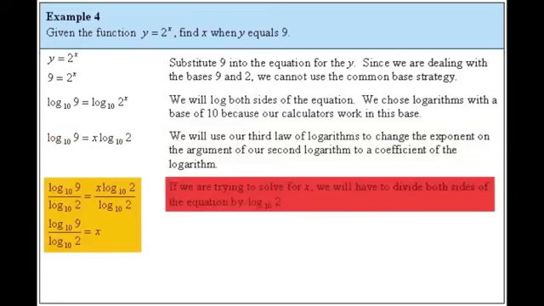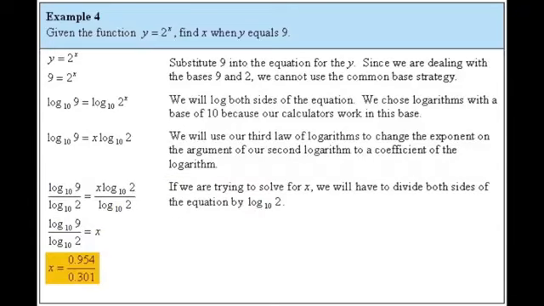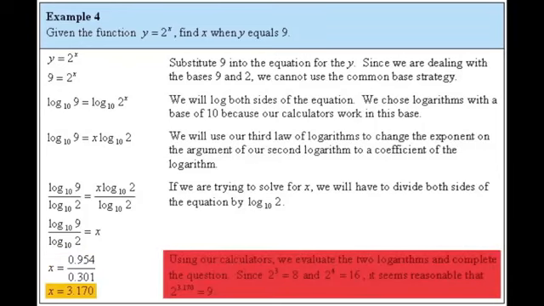So remember, I want to solve for x. So how am I going to do that? I need to isolate that x on the right-hand side of the equation. I can do this by dividing both sides of the equation by log base 10 of 2. When I do so, I find that x is equal to log base 10 of 9 divided by log base 10 of 2. I can now use my calculator to evaluate these two logarithms. The log base 10 of 9 is equal to 0.954, and log base 10 of 2 is equal to 0.301. I simply do the division and I find that x is equal to